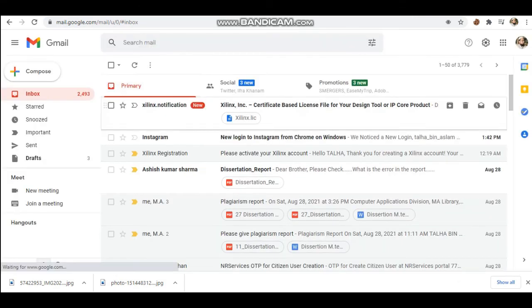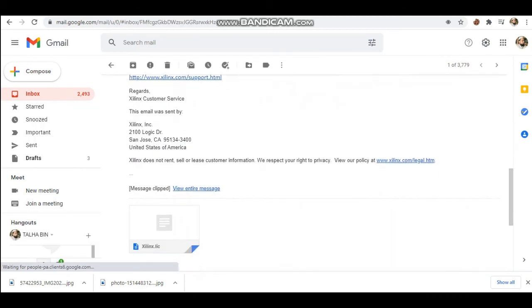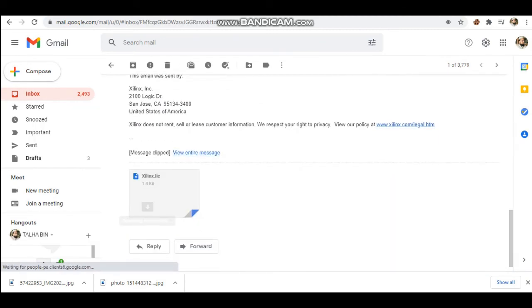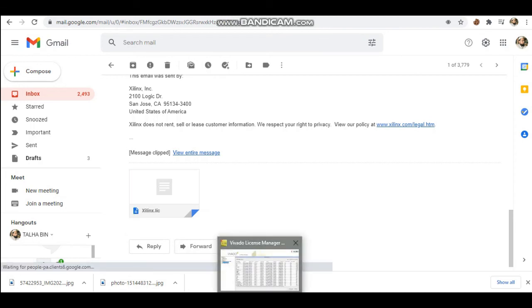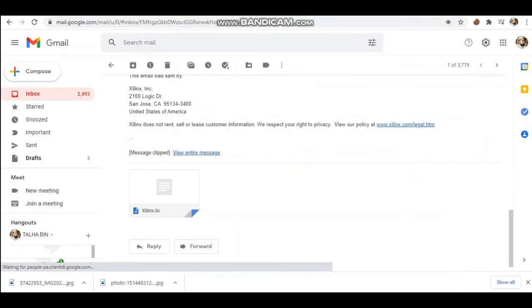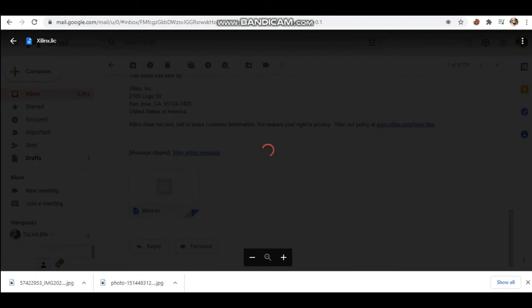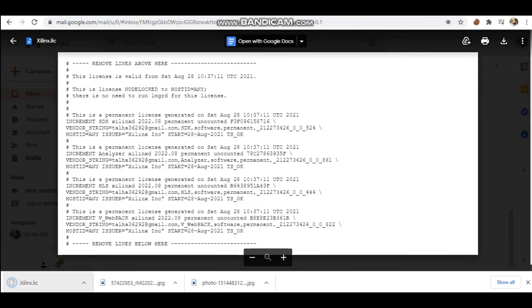Now I need to look at the Xilinx notification, where you will get this file. You need to download it, and as it is downloaded I need to go back to Xilinx Vivado. First make sure that it is downloaded or not. It is not yet downloaded, I think. The net is slow. Yeah, now it is downloaded.